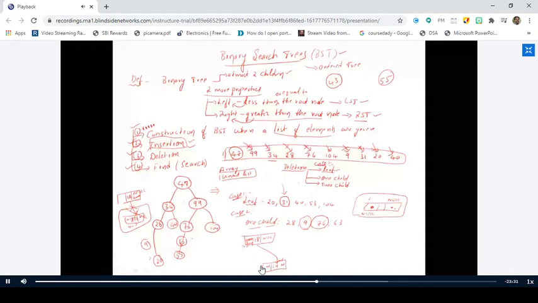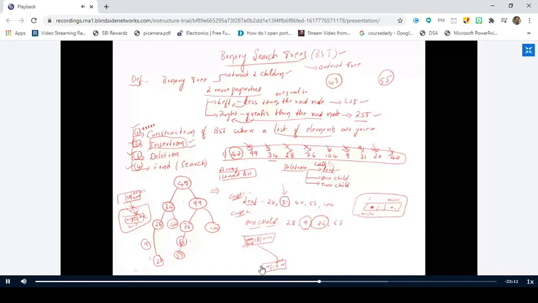We go to the 76 node, sir. Okay, 99 is the parent. So 63 is the child node of 76. What about 55? 55 is the grandchild of 76, sir.